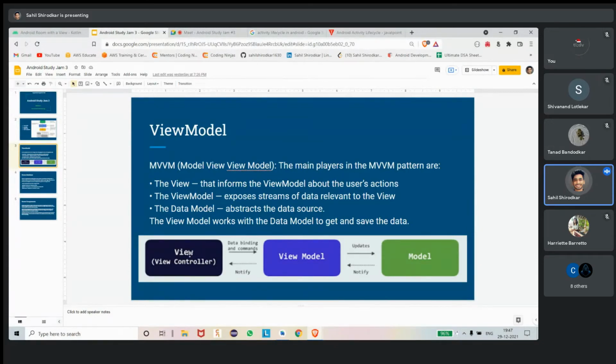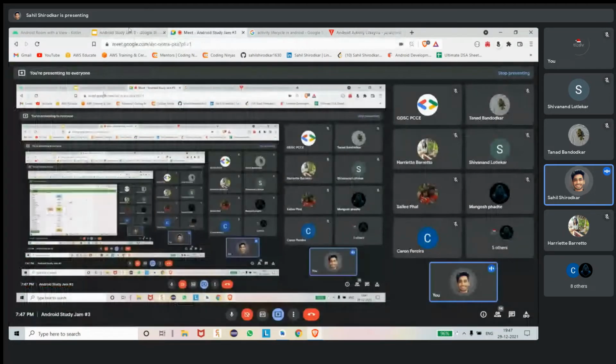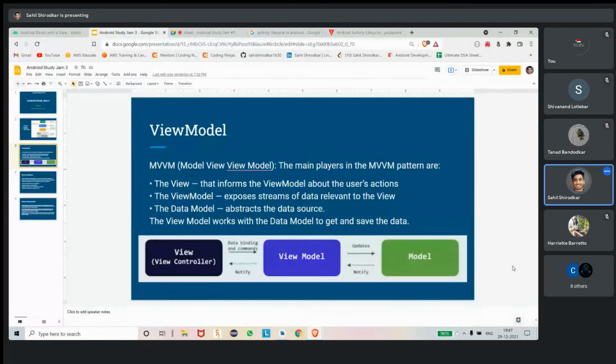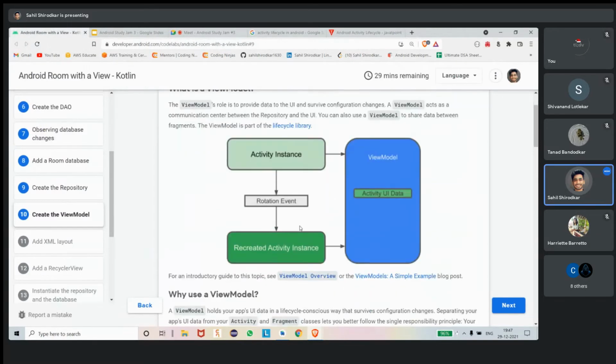Every time we delete the activity or move to the next activity, onCreate will run and make a new API call. At that time the app can hang and lag a lot. The app will work very slowly. So that's how a view model helps us whenever we are working with Android development.